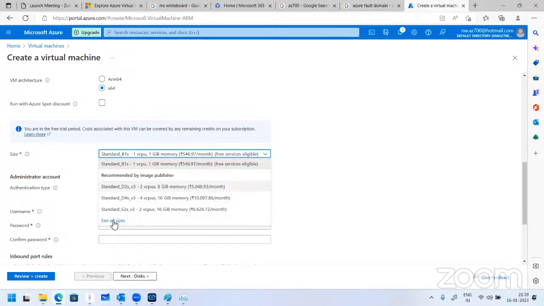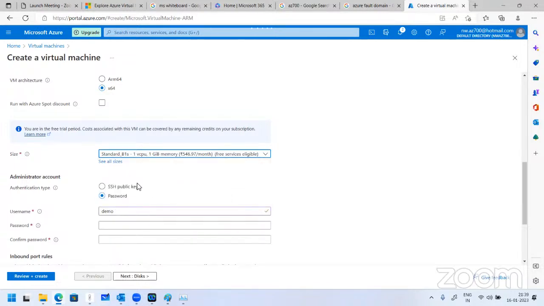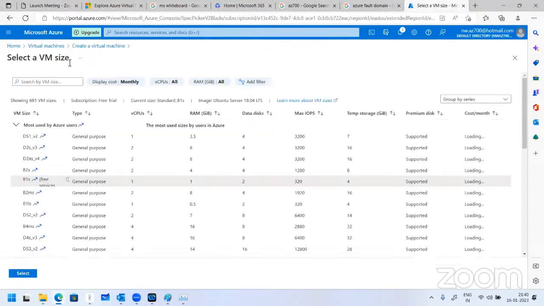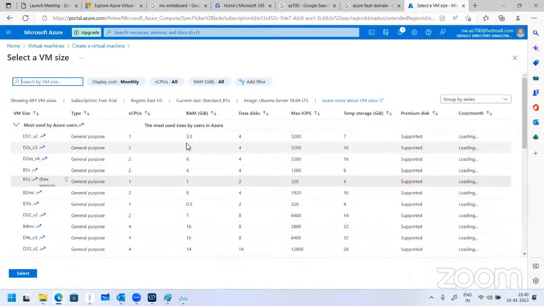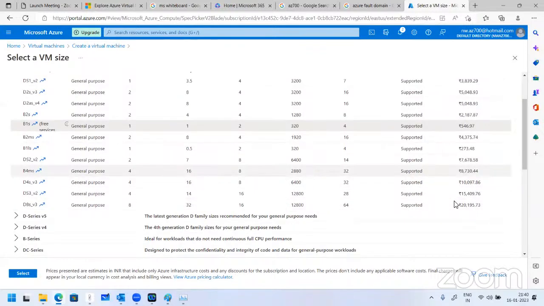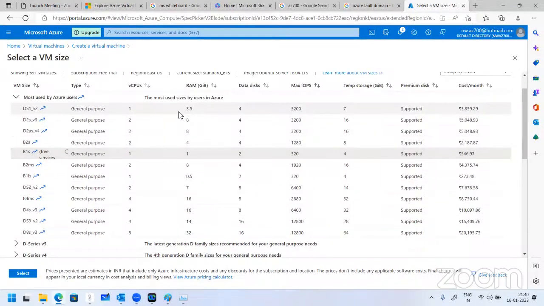So I'm not going to go into more depth on how to create the virtual machine and what the different virtual machines available in Azure are, because this is not in the content of AZ-700, but you can go into the depth of this yourself. We have different virtual machine sizes available, and these are all the price ranges which are defined. So we are just going to take the smallest one. Okay,